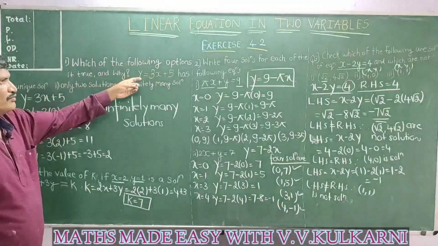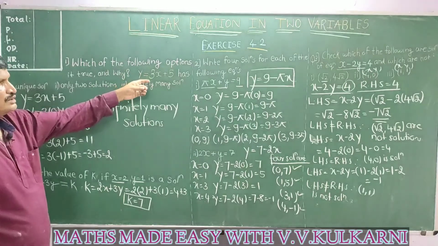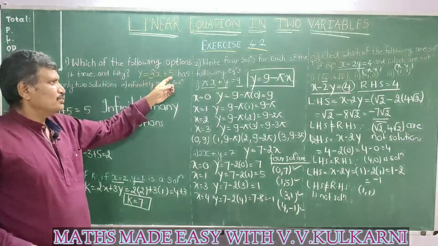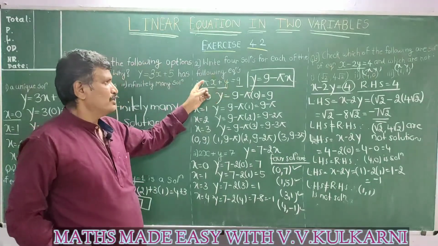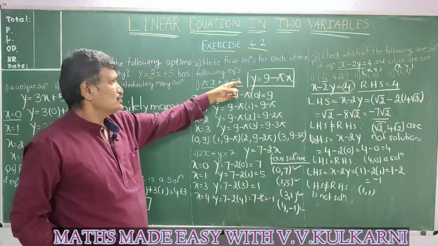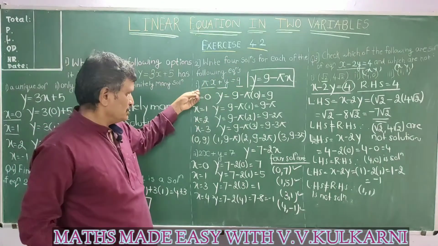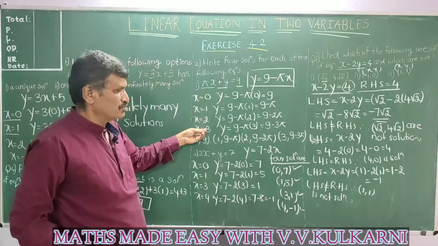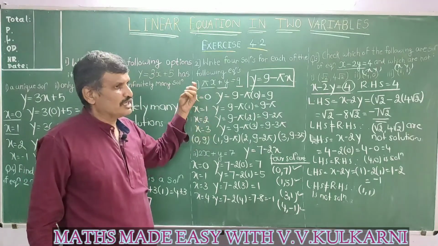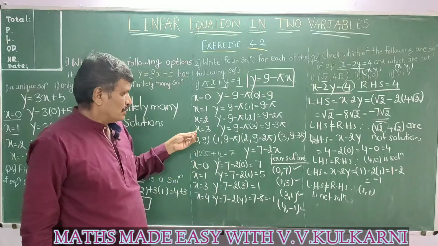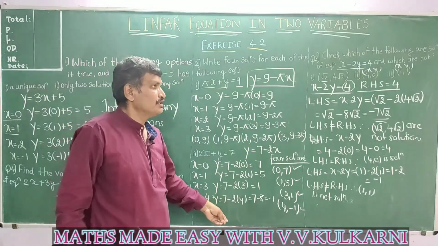In the first problem we were asked how many solutions are there. There are many solutions because as many values of x you put, that many values of y you will get. In the second question they have given an equation and you are asked to find out 4 solutions. So I kept on putting values of x as 1, 2, 3, 4. It is not necessary that you always put 1, 2, 3, 4. You can put whatever you want. Here again 4 values I have to find out, same thing I have done.